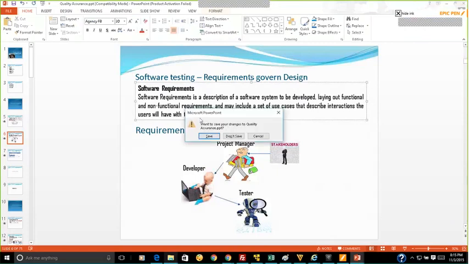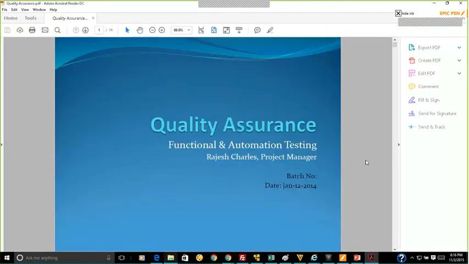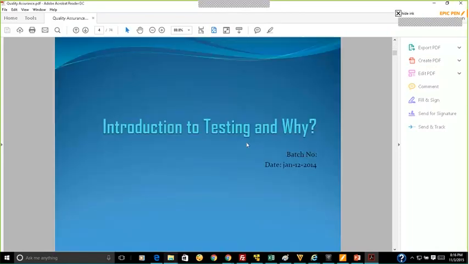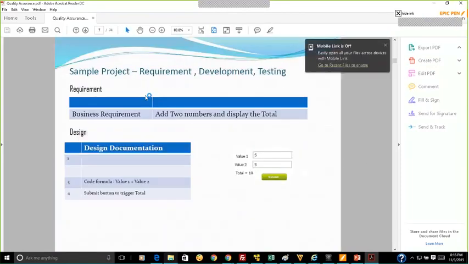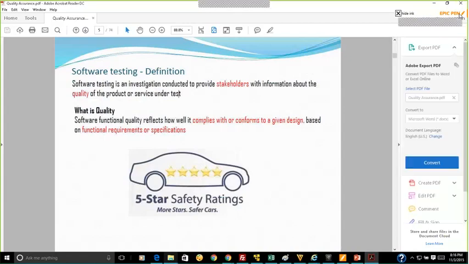If I don't want you to make changes in my PPT, I'll send you the PDF file. The main purpose of this PPT is for you to read the material. If I send you the PDF file, you cannot make changes in it. It is non-editable, but whoever has the original file can make the changes. If I tell you to review it, when you re-download it, you can see the updated changes.